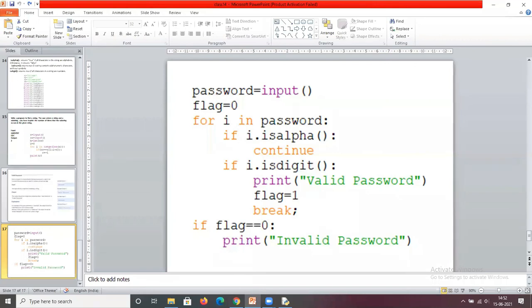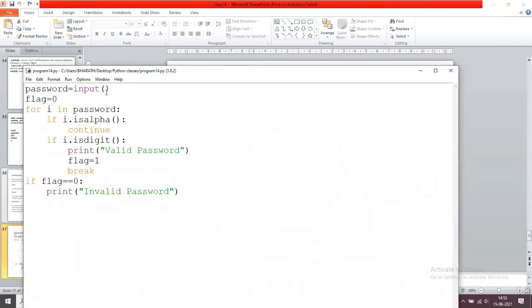If apple2, that means whenever the 2 is encountered, for example apple@2, if it is the @, is alpha is false, is digit is false, so I iterate to the next one, at some point 2, so it prints valid password.